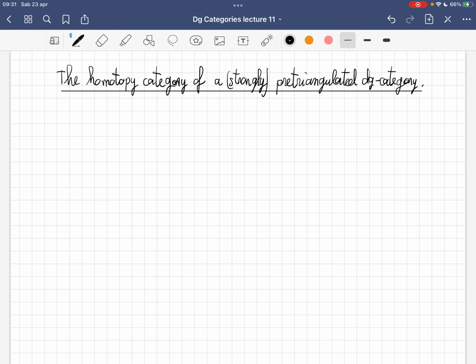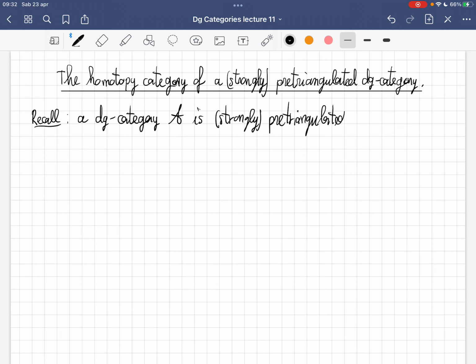So, recall, a DG category A is strongly pretriangulated if, essentially, it has shifts and cones internally,